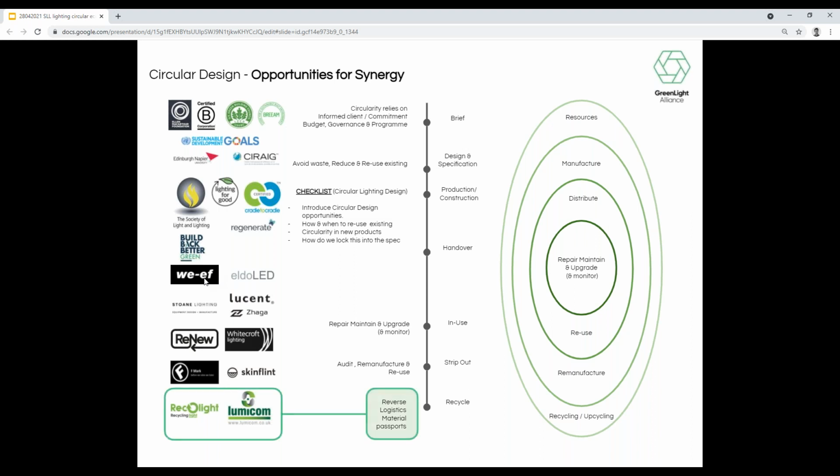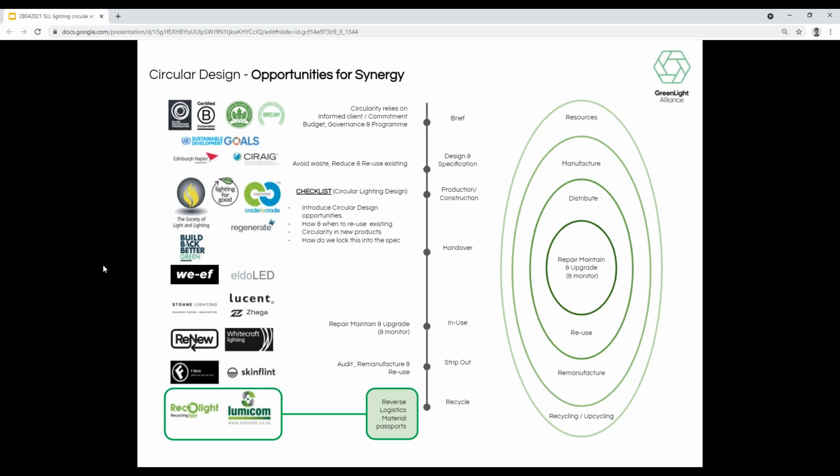So all these things help us move on. And then lastly, we deal with the reverse logistics, and it was mentioned within one of the LightBytes as well that perhaps there's this buyback scheme. Perhaps someone like Ricolite that already deal with the end of life of the products, or Lumicon, could expand their operation to be part of that. And I think that's a really interesting conversation.